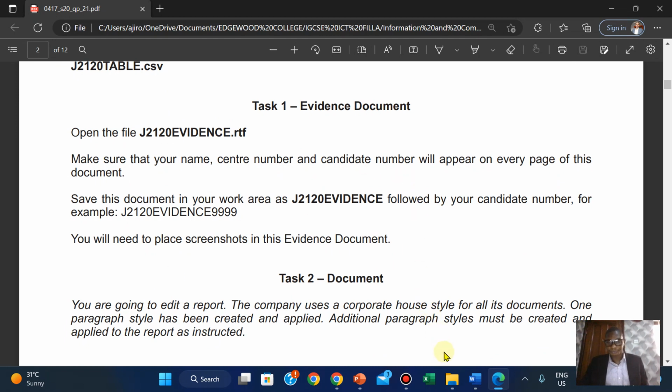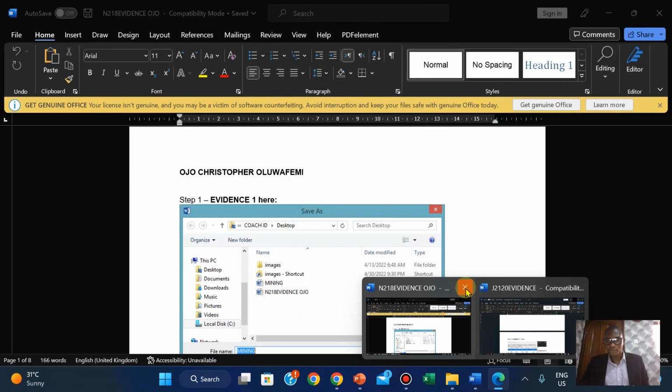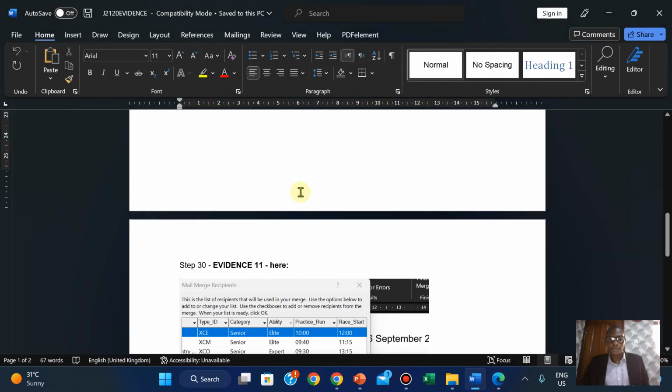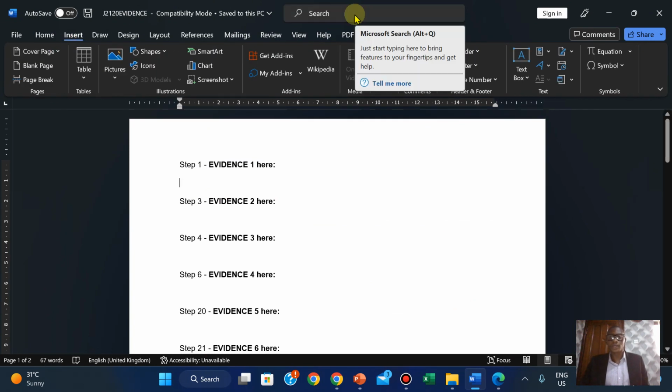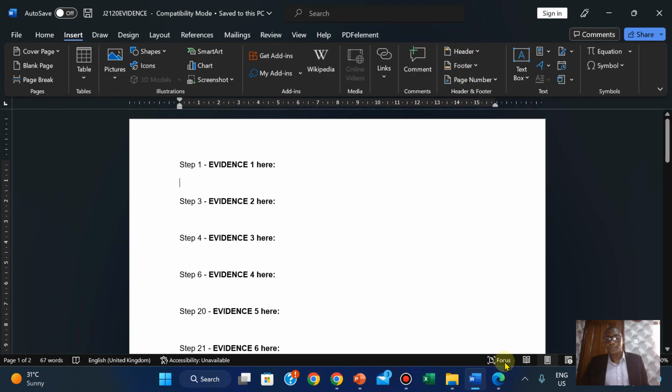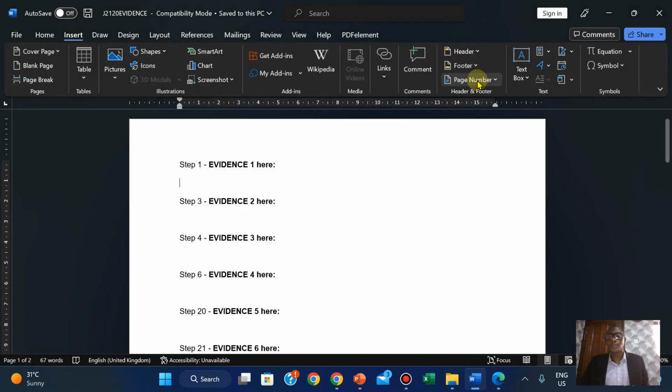Okay, so I'm just going to have this. I think I have it on the background already. No, you don't have it. So here, okay, so I have it here. Okay, so I'm going to click on insert, and then click on header and footer, because in the question they said, make sure it will appear on every page of this document. So obviously it can be in the header or it can be in the footer. So I'm just going to click the header,